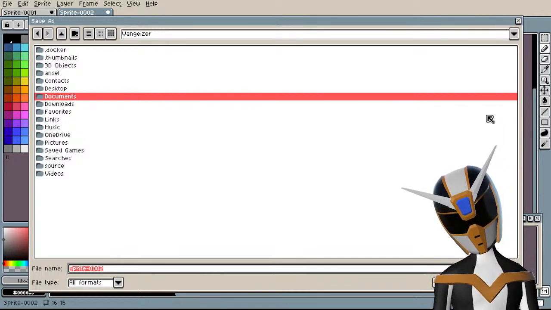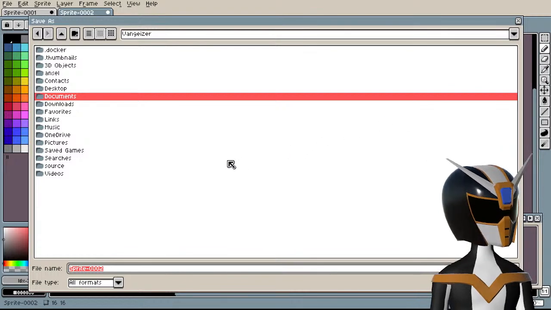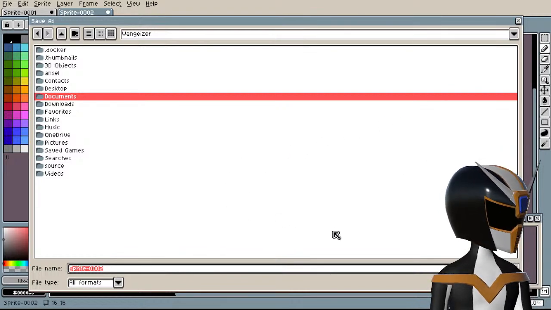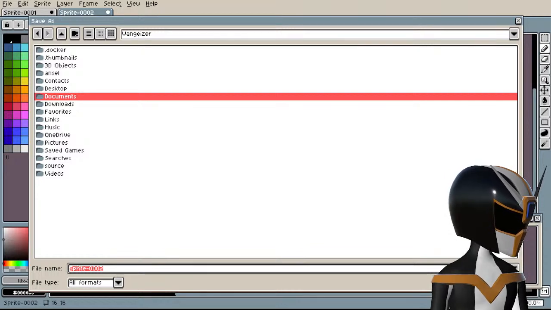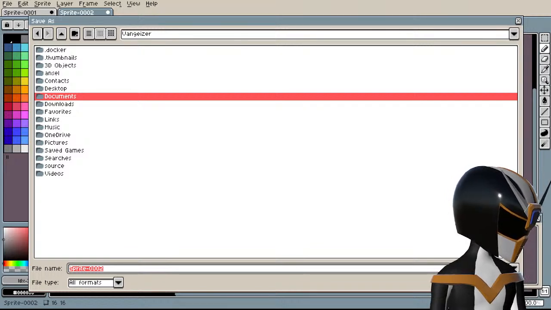Hold on. I don't really want this to be visible. I don't want you to see my file structure. Where is a sprite in this list of stuff? Wait, where even is it? Why can't I find it?